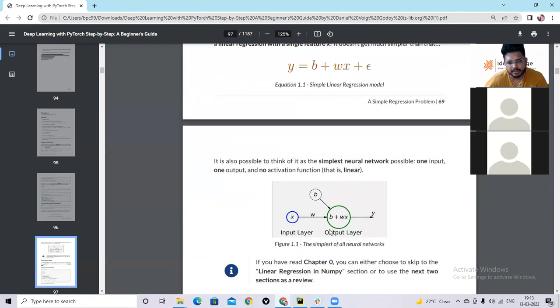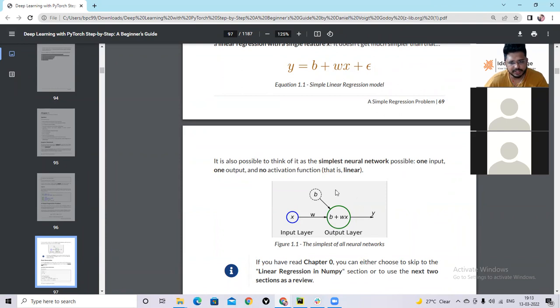Here, this is the simplest neural network, where x is an input, w is the weight of the edge, and b is the base value, that is the average value. They have not added epsilon. If epsilon is added, then we will add one more point here, and this will give you y.